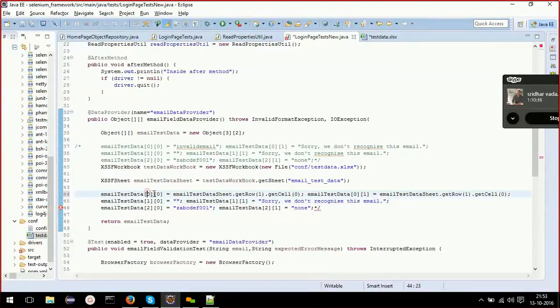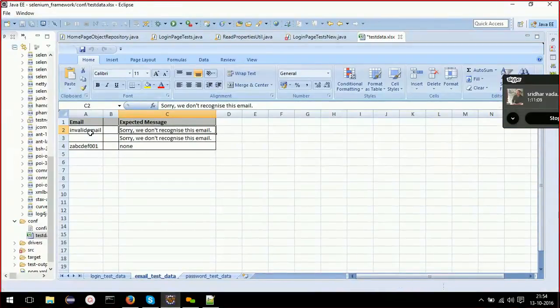So 0 0, these things won't change on the left side. Okay, because we are filling these values into this. These indices don't change. Okay, 0 1, here from first row we need to read second cell. See, get row 1, get row 1. In the first row we are reading cell 0 and cell 2. Cell 0 is this, cell 2, we don't want cell 1.